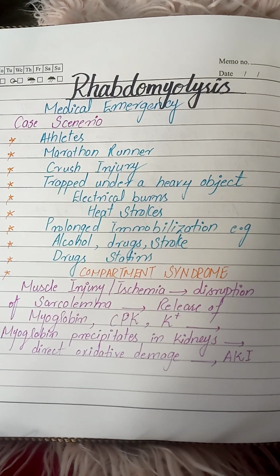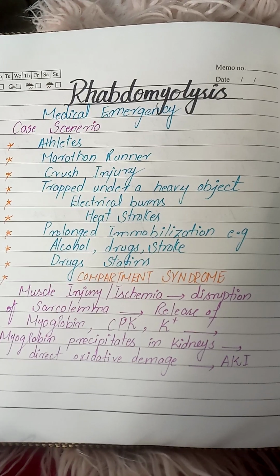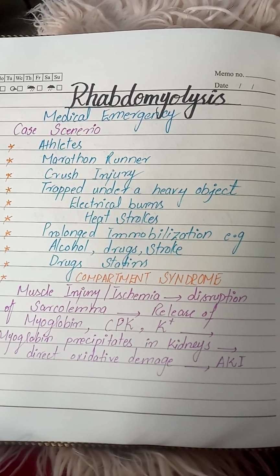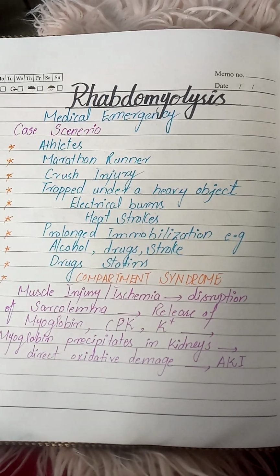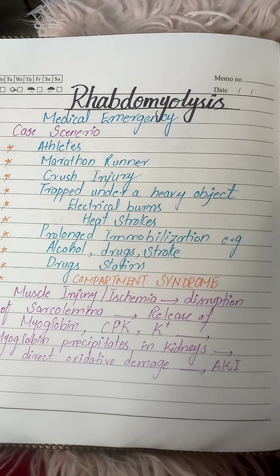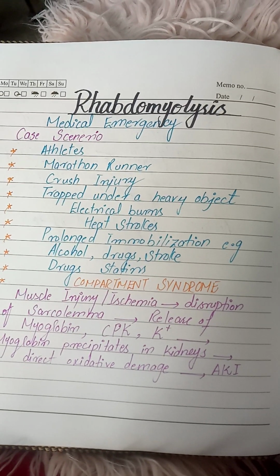Hello, today we are going to talk about rhabdomyolysis, which means disruption of muscle secondary to muscle injury, and it's a medical emergency because the patient can die due to hyperkalemia or DIC. So, the case scenario will present a patient who is doing a lot of exertion, for example, an athlete or